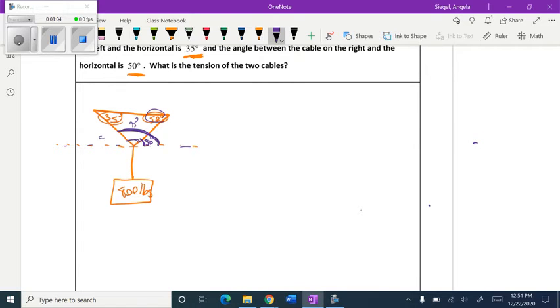So this angle right here, that second force, that's going to be 145 degrees. So we're dealing with 145 degrees and 50 for those two angle measurements. So now we're going to add all the forces together, and you have three forces acting together. So you have, like I said, the one force that's at 50 degrees, the other force that's at 145 degrees, but